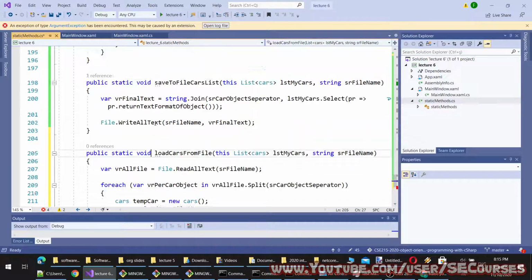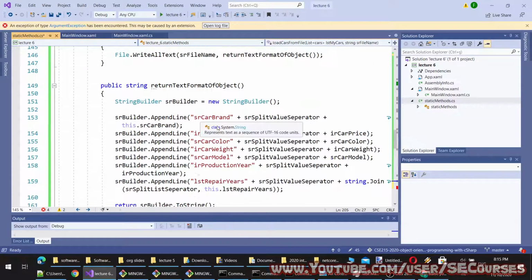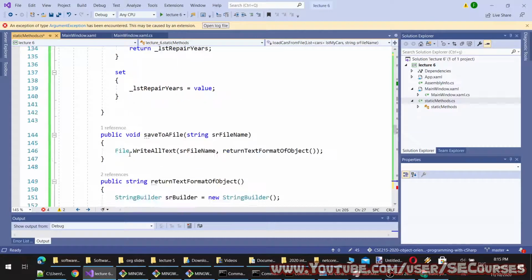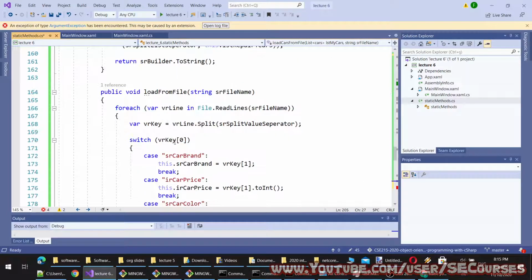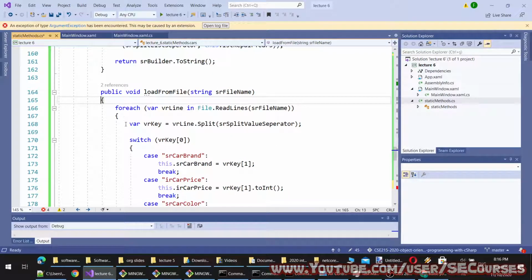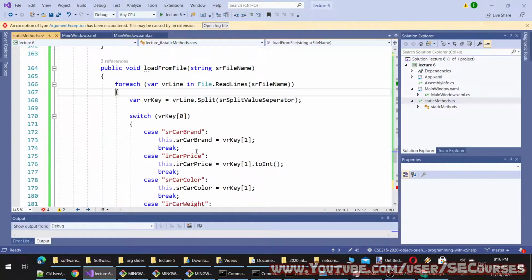By the way, I need to write another overloaded method for load from text. So I am going to write another method overload. Or I can modify this one.